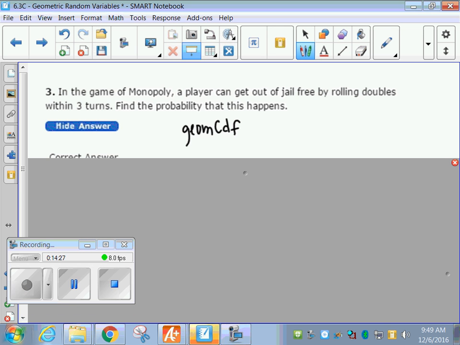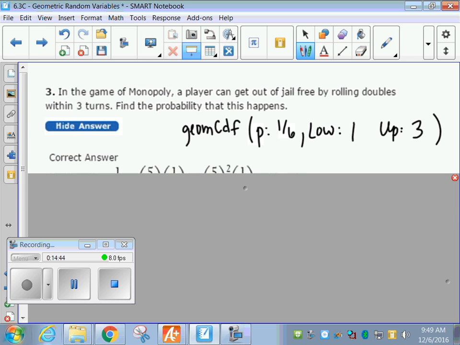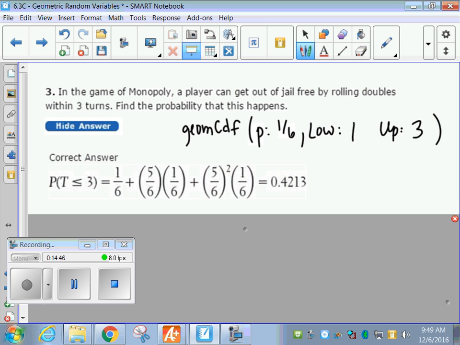All right, so we got geometric CDF. The first thing they ask for is probability of success. So what goes in for p? 1/6. Okay, then we have to do our lower bound to our upper bound. What's your lower to upper? 1. Yeah, 1 to 3. We're including 3. So 1 to 3. And you get 0.4213. This is the formula way, just so you guys know. There's really like a 5/6 to the 0. So you got it right on the first one. You rolled doubles. This one would be you got it on